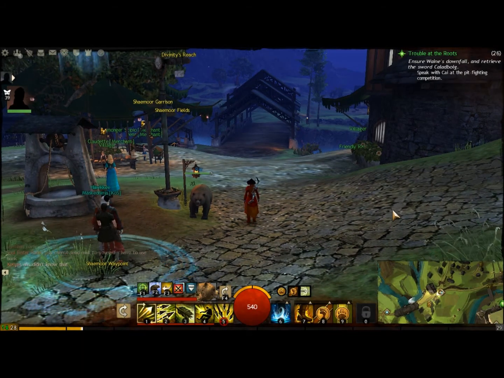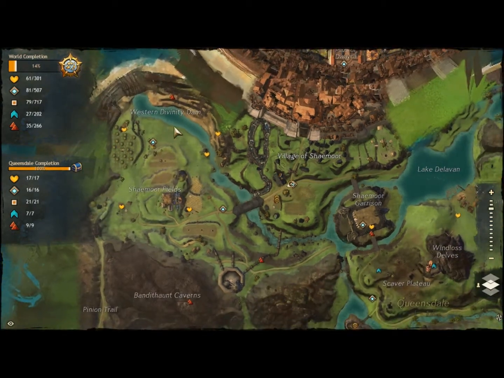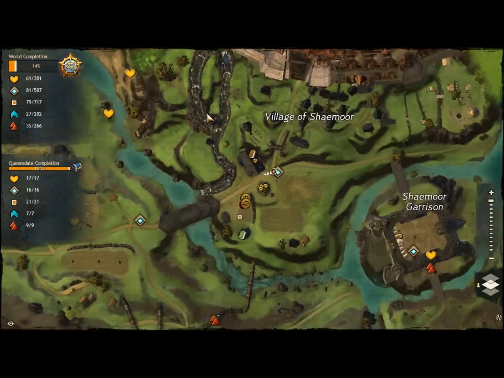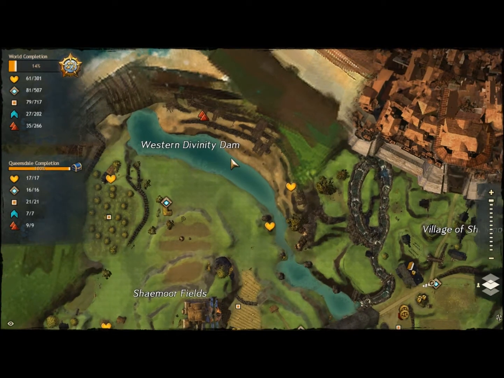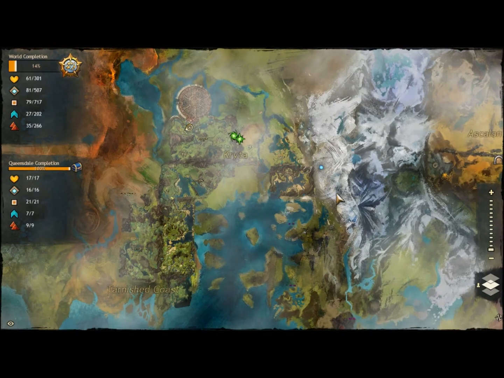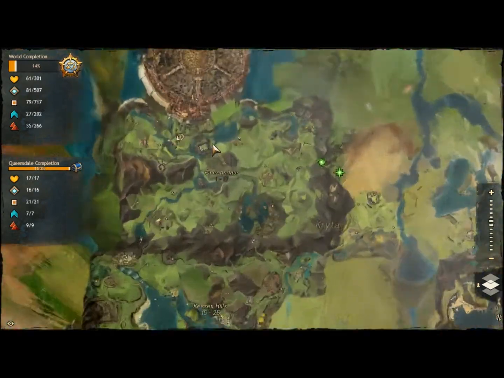So as of late, I've been playing a lot of Guild Wars 2. Not a lot of Guild Wars 2, but I've definitely been playing it more often than not in my spare time. So I've been collecting these things called Vistas, and I figured, since I have all of them in this area called Queensdale,